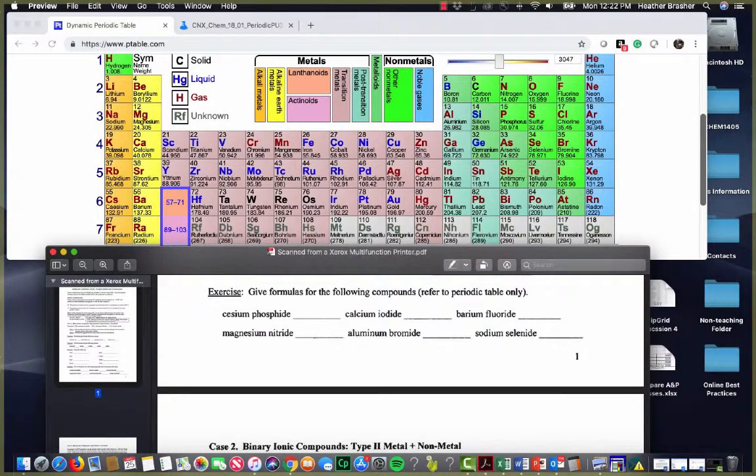So we're going to look at cesium, which is here. And remember, we want to do our top again, right? 3, 4, 5, 6, 7, 8. So if we want to write off to the side, we can go this. Okay, if we were putting this by itself, this would be +1, right? Because it would be going to this one. Phosphide is the phosphorus here, right? So then we could go and it would be 1, 2, 3. So this guy right here